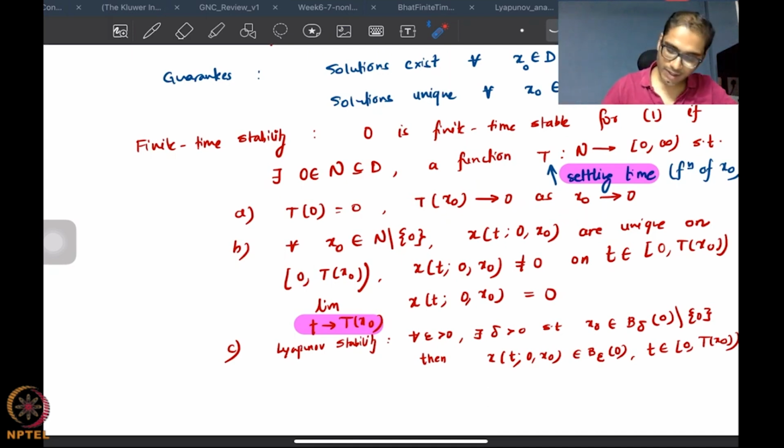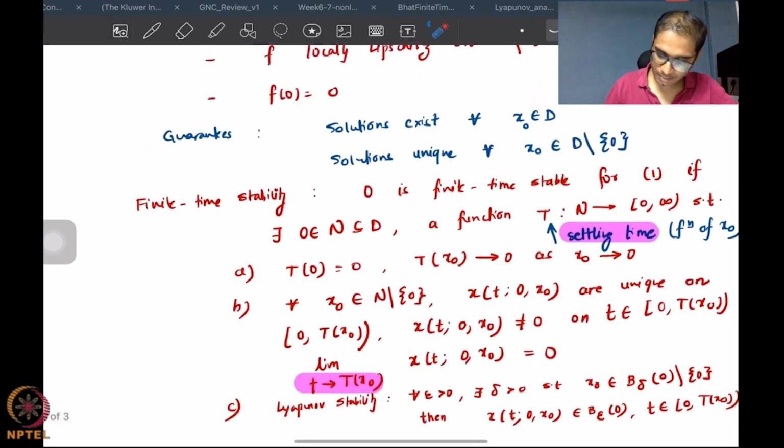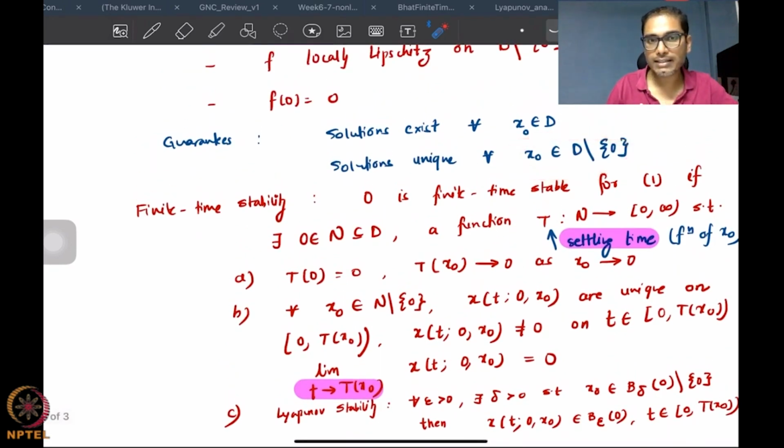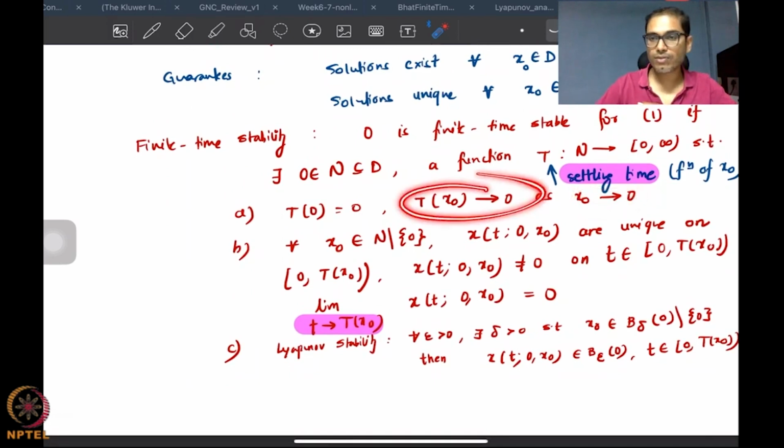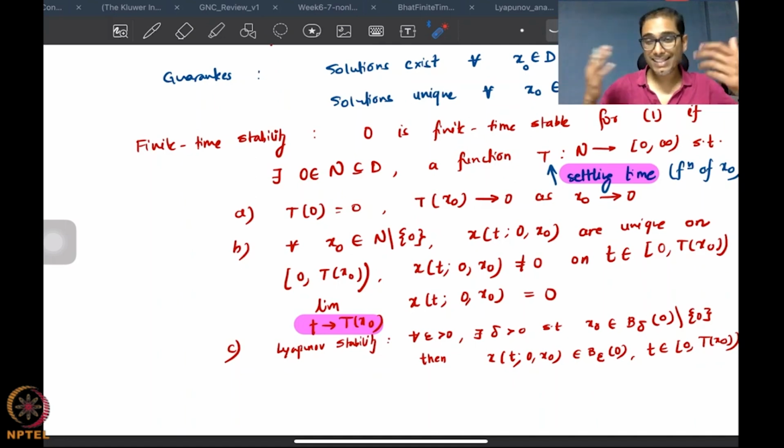So notice that we never say equal to here, right? Because we do not want to look at initial conditions at 0, because our assumptions are on sets that exclude 0 or the origin. So therefore we always talk of convergence to the origin and so on. The second requirement of finite time stability is exactly the finite time convergence. It says that if your initial conditions are in fact in this neighborhood excluding the origin, then we have